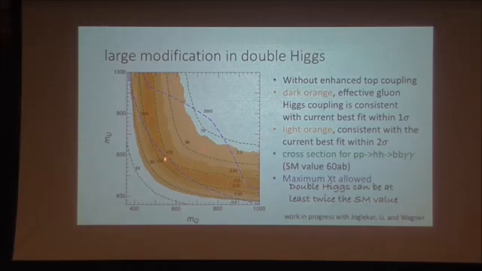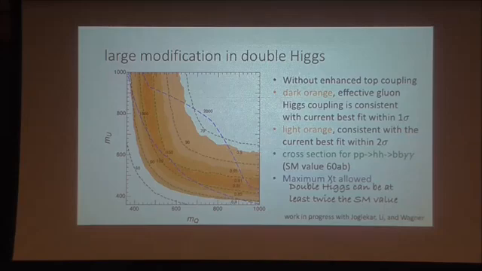So in the dark orange region, the effective gluon-Higgs coupling is consistent with the current best fit value within 1 sigma. And then in the light green region, this coupling is consistent with the current best value within 2 sigma. And then the green contours show the cross-section for Higgs, bb gamma gamma. The cross-section is in nanobar, and the standard model value is 60 nanobar. The blue contours show the maximum xt that is allowed from